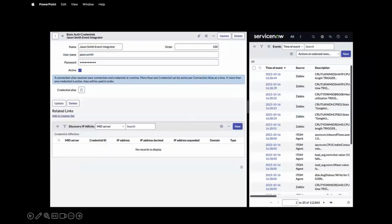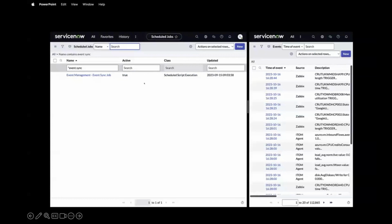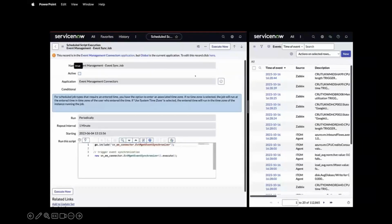Once we have all this information and we save it, it's going to look more like this, where we can see all the names and the target instance is already in the specific connector. And speaking about scheduled jobs, you can see that the event sync job is a new scheduled job that's available under system definition. Once we click into it, we can see that